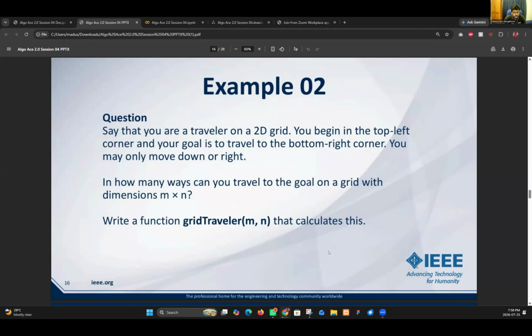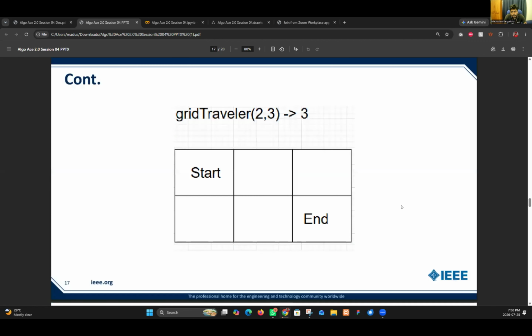Basically, normally one will be a column and one will be a row. When it comes to rows and columns, normally we get the first number as the row number. So m into n means you have a grid like this.